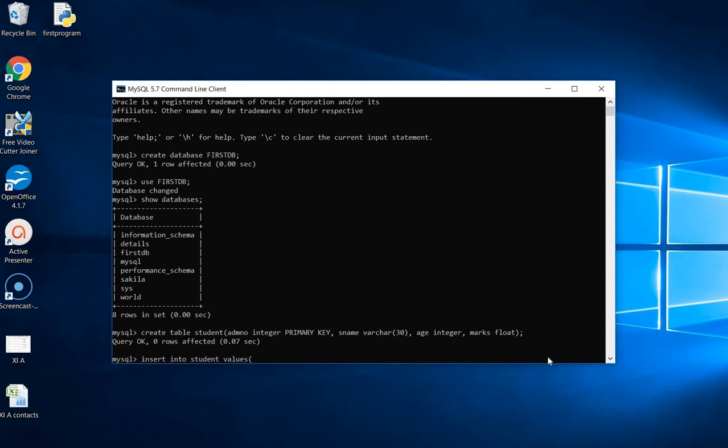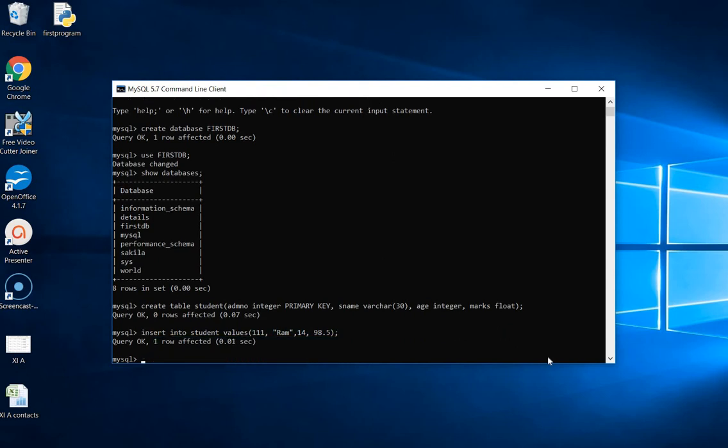As per the sequence right now, 111, comma, assume the student name, the next column is S name, so I take the S name as Ram, comma, age is assume 14, comma, marks is assume 98.5 in my subject. Actually marks do come in whole numbers, but for understanding the concept of float I am deliberately putting the marks in decimal values. Then the semicolon and enter.